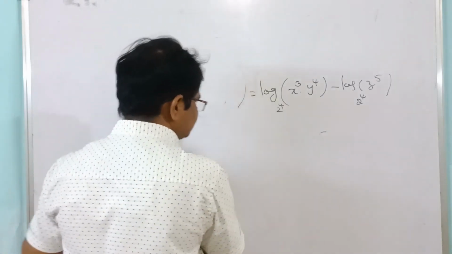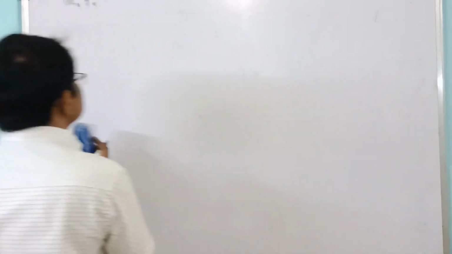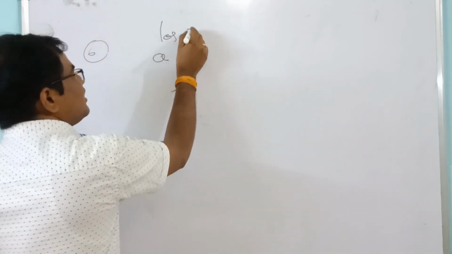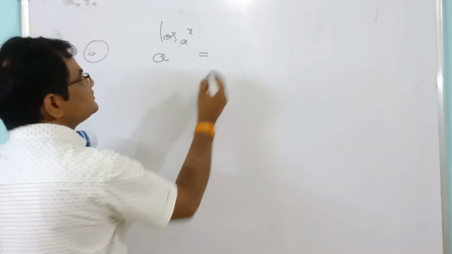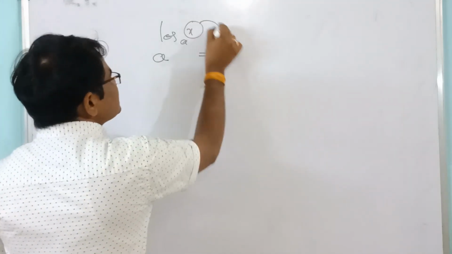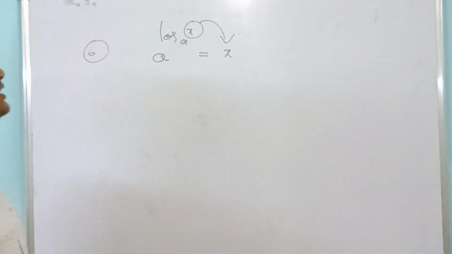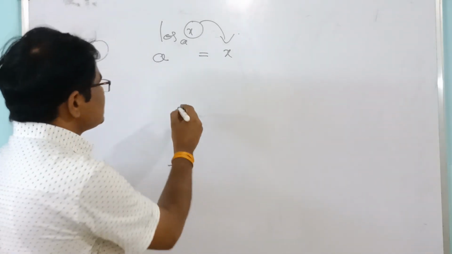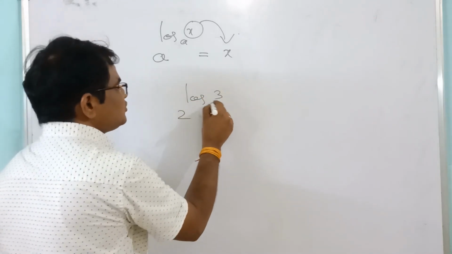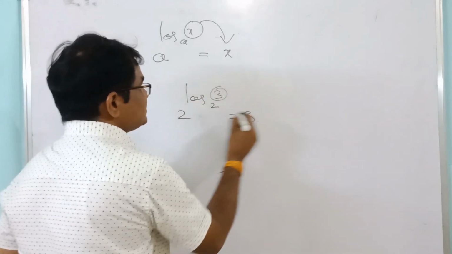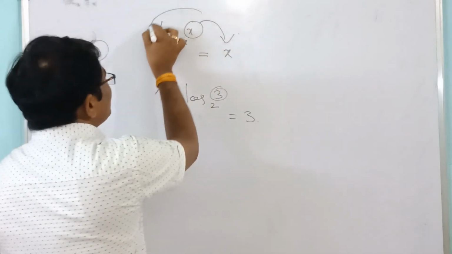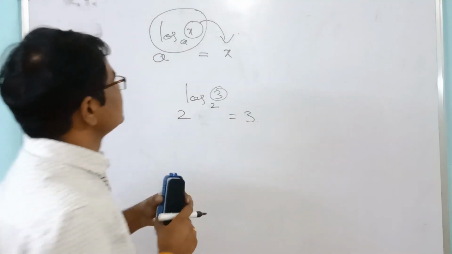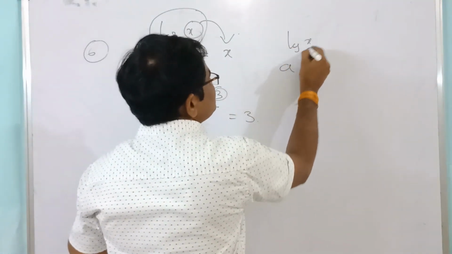And one more, the last one, that is the sixth property, which is also an important one. A power log x to the base a equals x only we will get. Here, what is there, that one we will write. A power log x to the base a equals x means 2 power log 3 to the base 2 equals, what is the answer? 3. Since this total, you treat as x. This total is x like this. A power log x to the base a equals x.